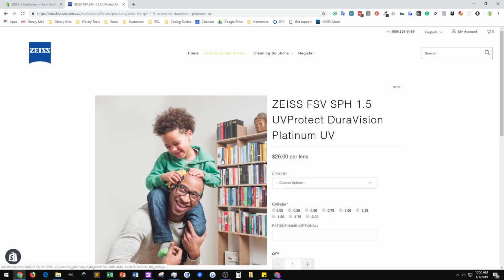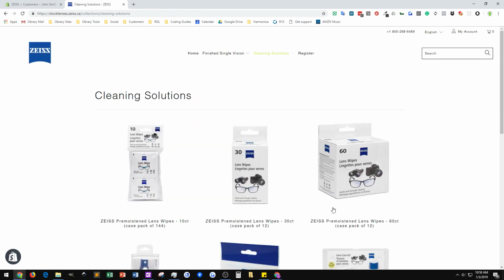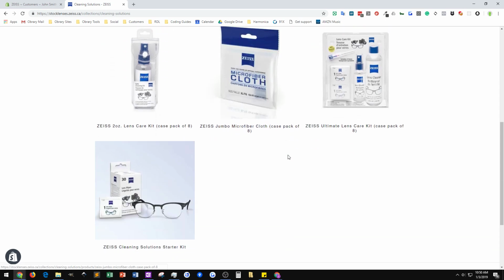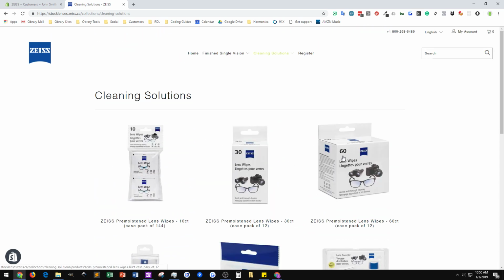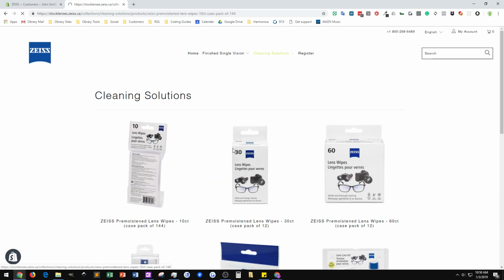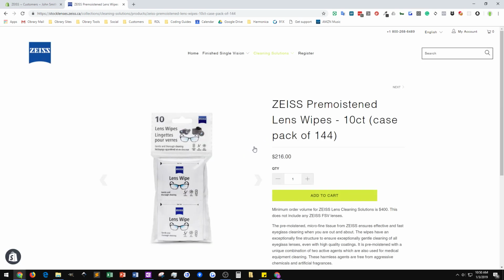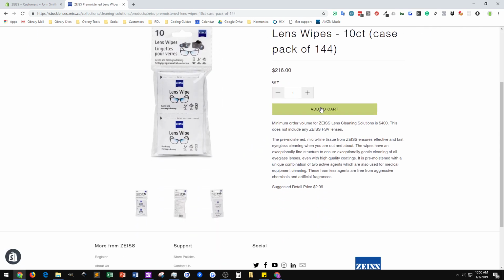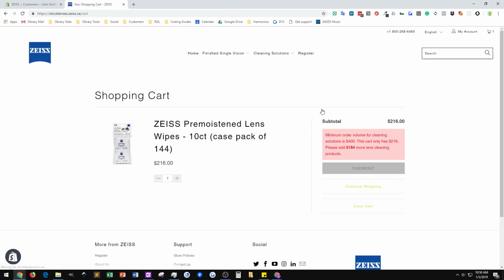So let's walk through some of the products, and let's start off with the cleaning solutions. Let's go to the cleaning solutions collection, and here you can see the different cleaning solutions that are available. I'm going to click on the first one here. Remember, I'm logged in now, so I can see that page, and I'm going to add that to the cart. If I add that to the cart, one of the things that we've done that you can see right here